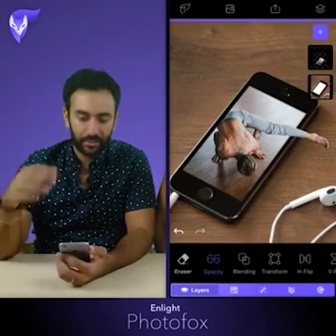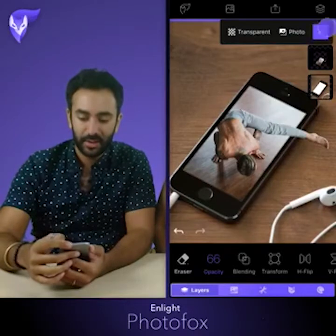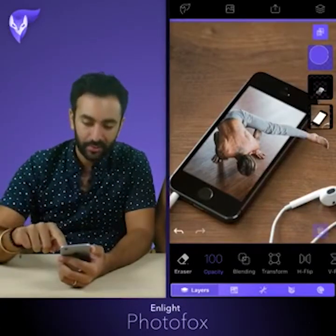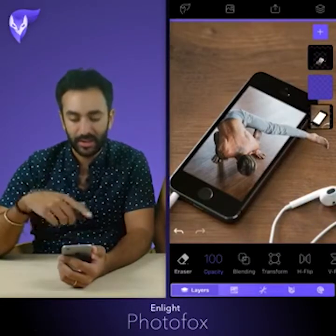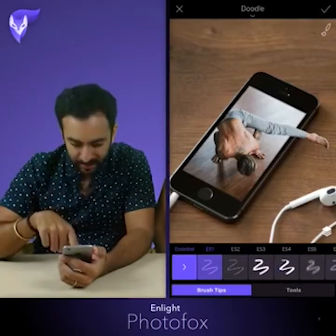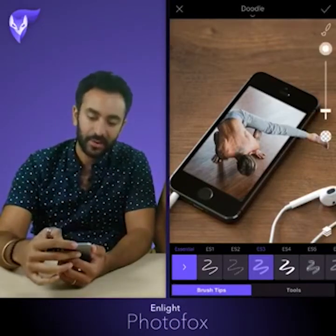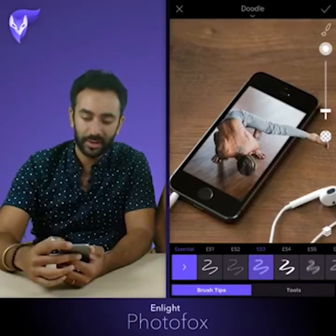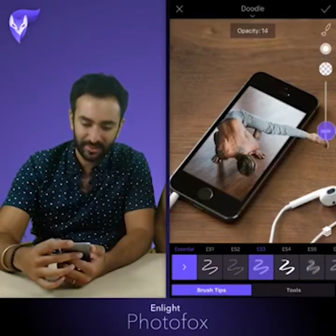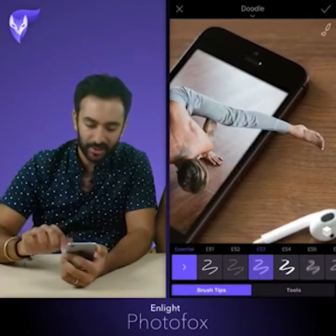Okay, we're done here. And now there's something missing here. Perhaps some shadow will actually help. So let's add a transparent layer, and by doing that, you can just tap the plus icon here and then transparent. Okay, and now we're gonna drag this below this guy, and we're gonna go to artistic and doodle. Okay, and now I'm gonna select the ES3 brush, which is with the kind of more smooth edges, and we're gonna tap here on the brush control that we were speaking about before, and you're gonna try to make it as big as like 100, and the opacity, let's say something like 6, 7, maybe 8, just to be very, very smooth, and then just zoom in a little bit, and then start,